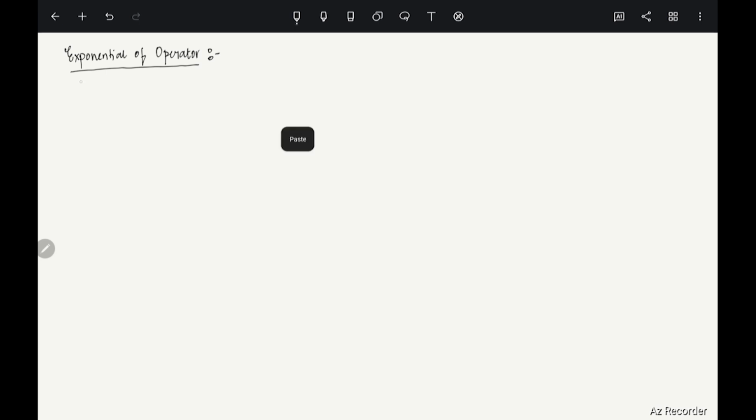So basically, consider a linear operator T from Rn to Rn. T is linear, and I will write it here as T in L(Rn), so it means Rn to Rn. Clear? Now we already know that we can define the operator norm of T as